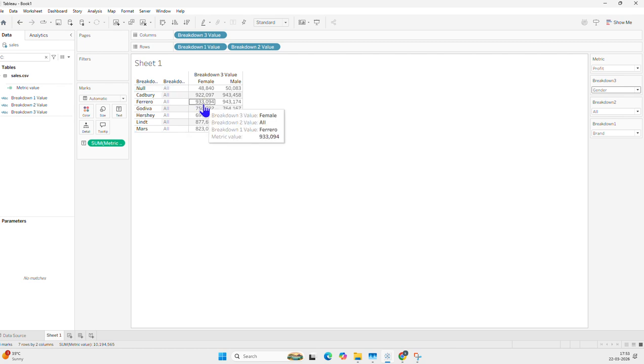So that's it, guys. This is how you can create a pivot table in Tableau. You can bring more dimensions to the view and more measures in the metric, or you can create multiple metrics and use them in the